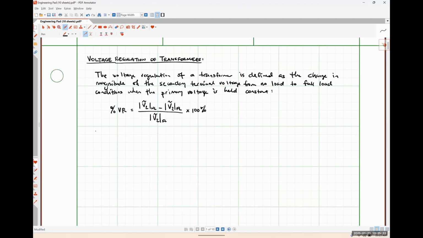And I'm just going to make a note here where full load conditions mean that the secondary is supplying rated power, okay? So